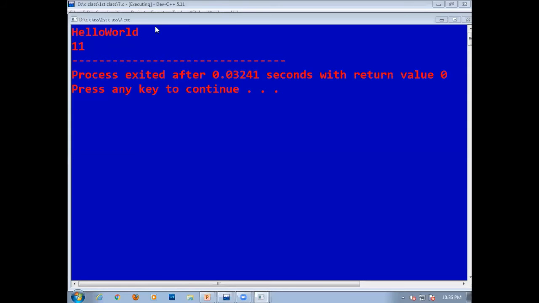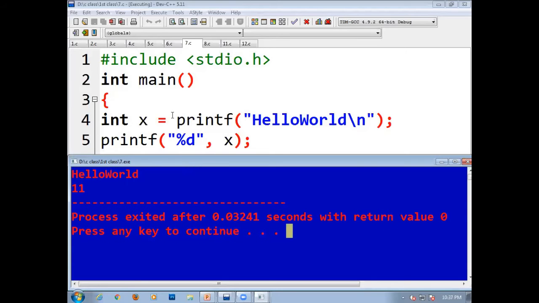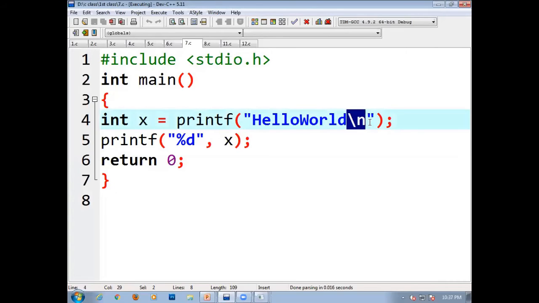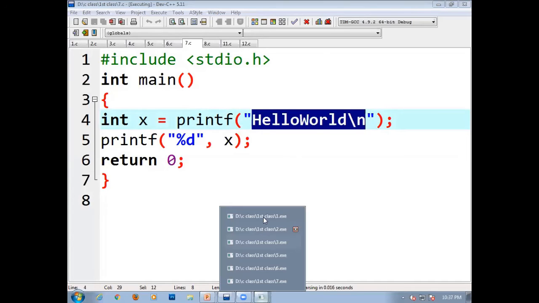In our present program, I had specified \n. What exactly does \n mean? It is also considered one of the characters. So 10 plus 1 will be 11, and the cursor points to the next line on the output screen.